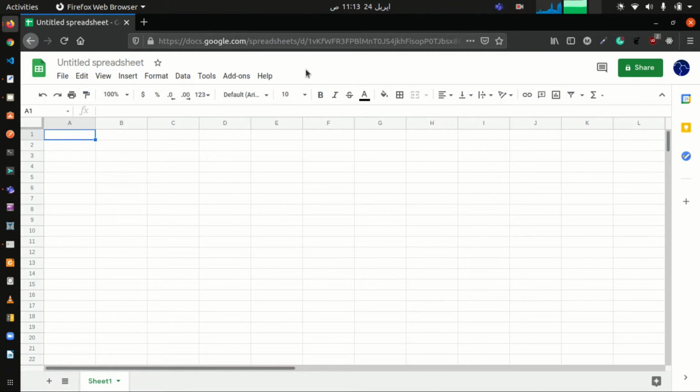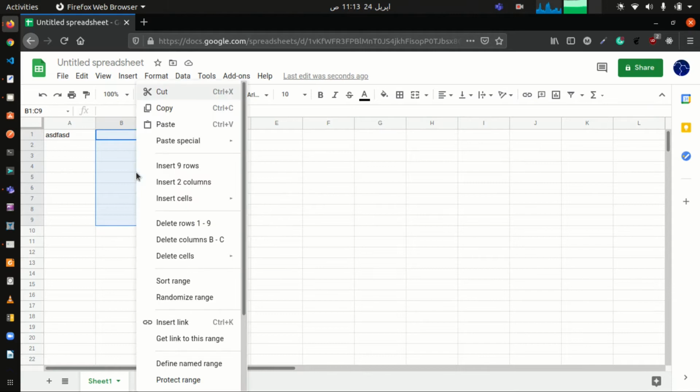You can do any kind of operation and data entry as you can in MS Excel. If you want to enter some data, you can enter it here. If you want to enter more data, you can use other cells. And if you want to implement some operation, you can select all the rows you want, then right click and select the operation you want to perform. Like you can cut, copy, paste, insert new rows, delete rows, insert new columns, any kind of thing that you want to do, you can do here.